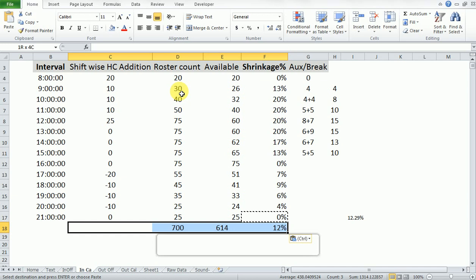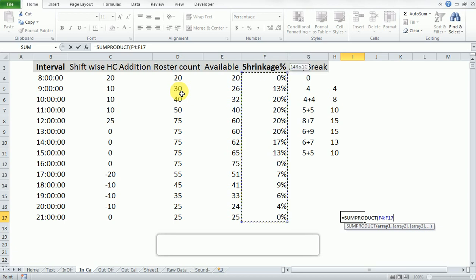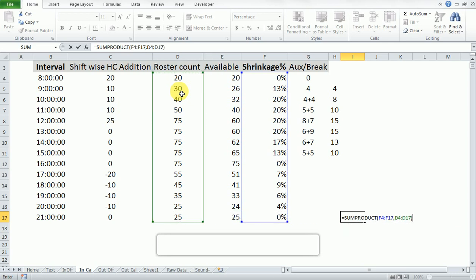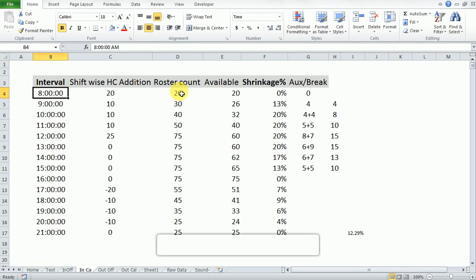We can also know the formula. I am just writing this formula: SUMPRODUCT of shrinkage comma roster count, bracket close, divided by sum of roster count. You can see 12% shrinkage. So this is the calculation for the day shrinkage, and this was the calculation and time slot wise shrinkage